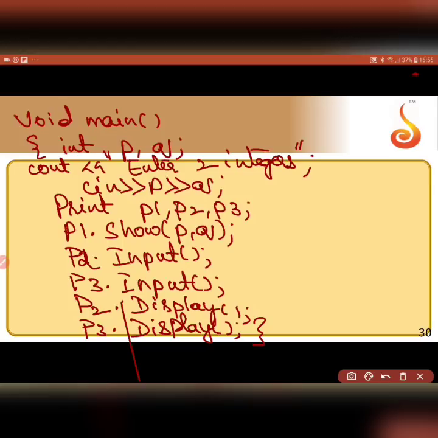For example, if I enter p is equal to 1, q is equal to 2. So when I call this function, these are called actual parameters. That is, the parameters in the calling function are the actual parameters, and in the function header they are the formal parameters. What were the formal parameters there? They were a and b.